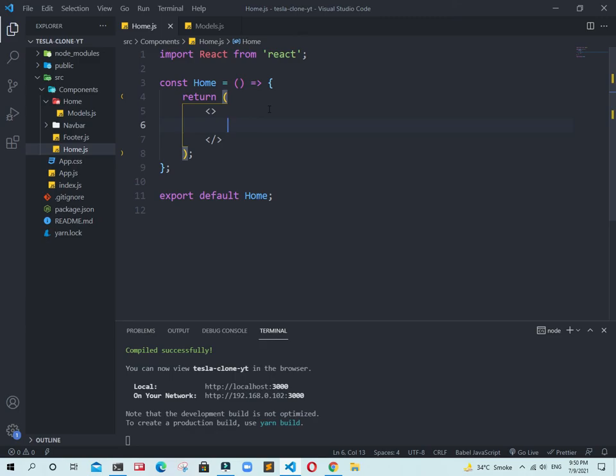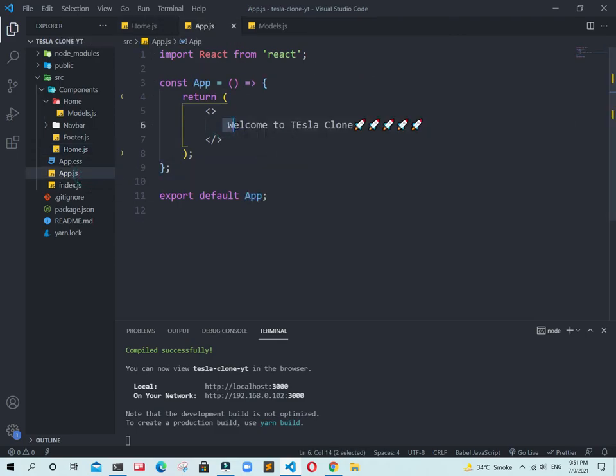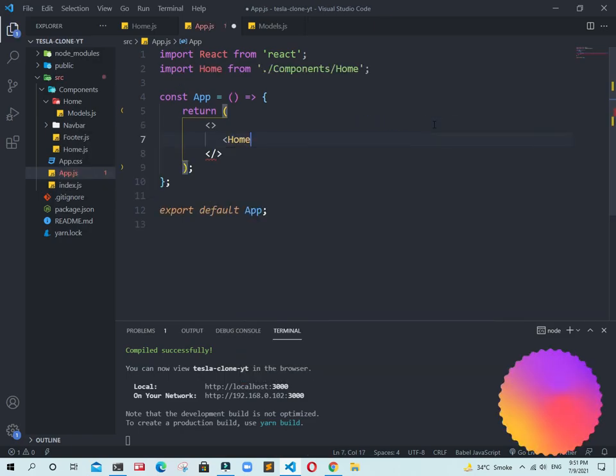Okay, we need to import these models from where? We need to import this from home, and just after that .js. Okay, it's important. Now what we need to do, go to app.js, which is our actual component. We just need to import home.js.